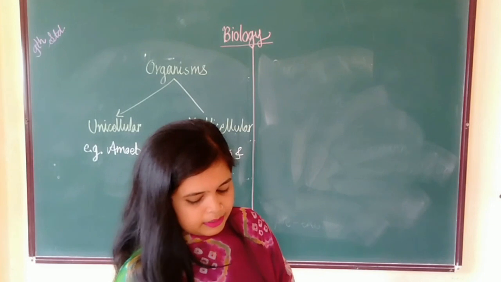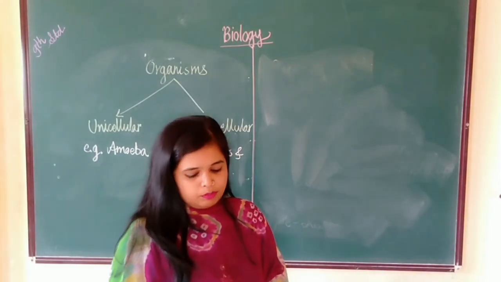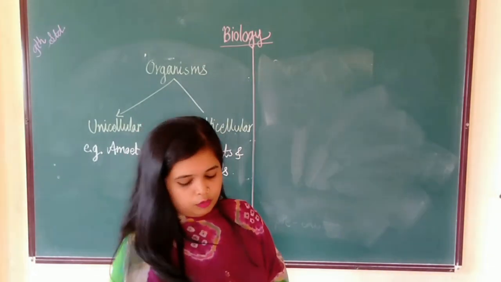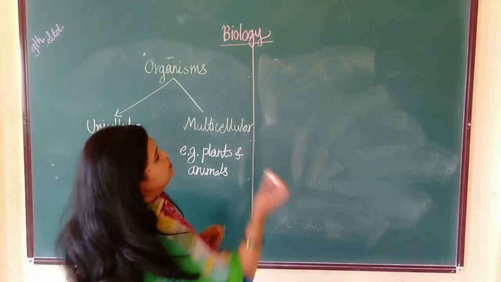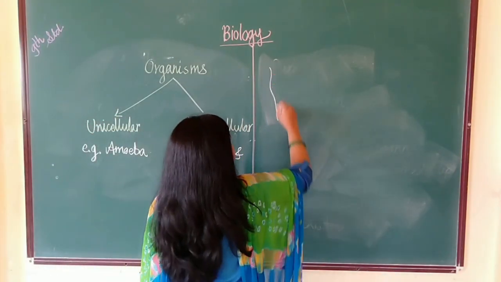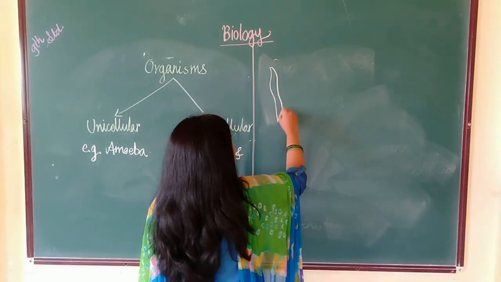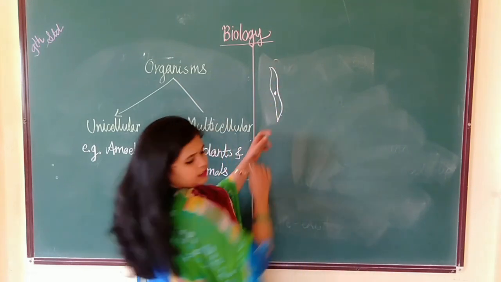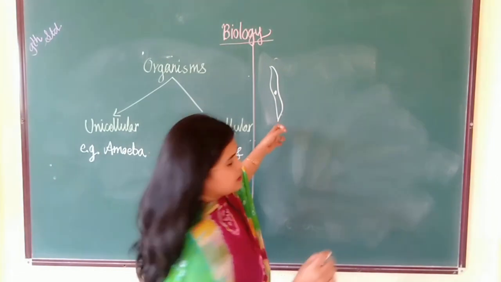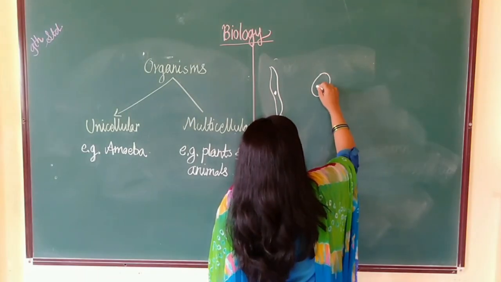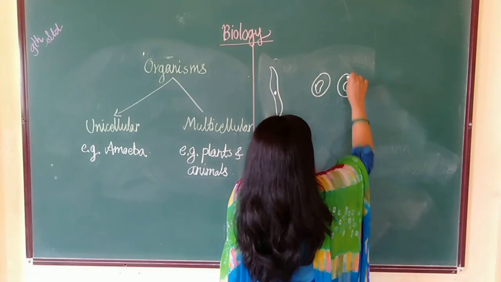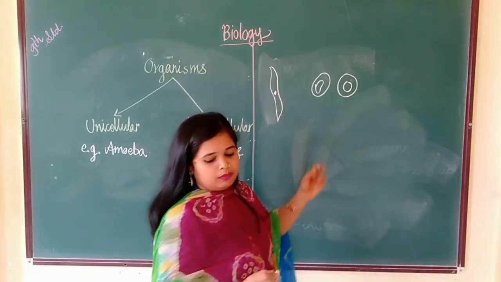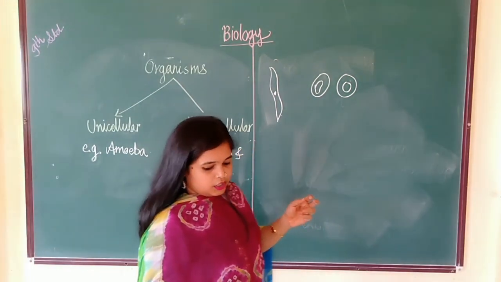Now some organisms can also have cells of different kinds. Now let us discuss the cells of the different kinds. See the structure of these smooth muscle cells. These are pointed at both ends. This is a picture of smooth muscle cells. Even in case of blood there are different kinds of cells. So RBCs and WBCs show different structures.